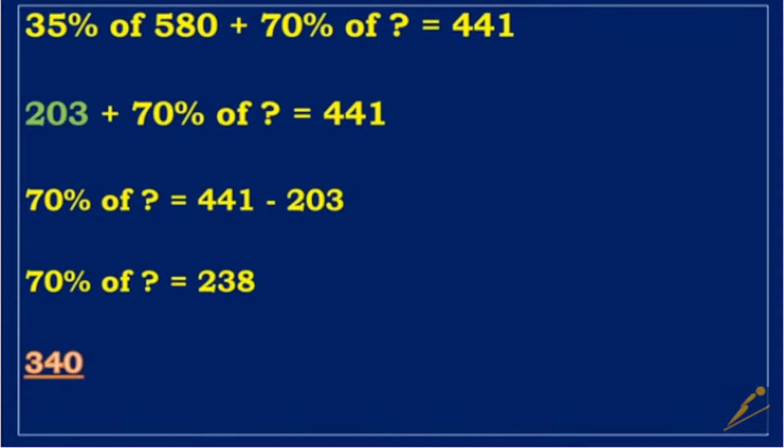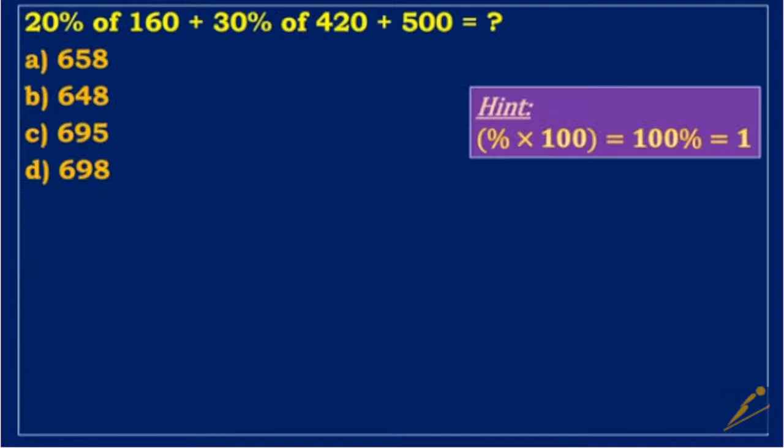Let's look at the second example to understand this simplification concept by ignoring percentages and 2 zeros. Simplify the equation 20% of 160 plus 30%